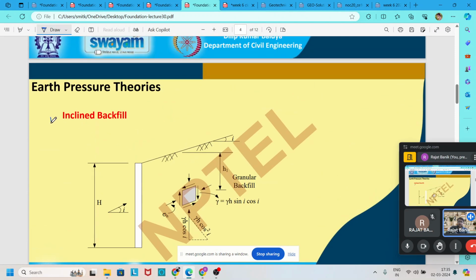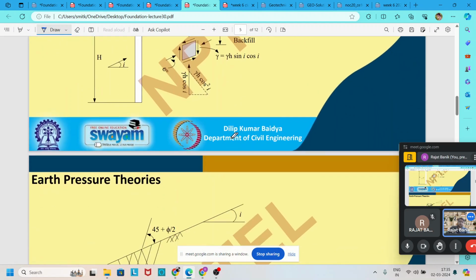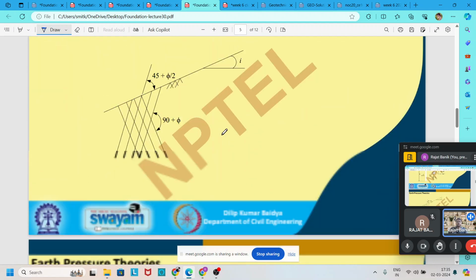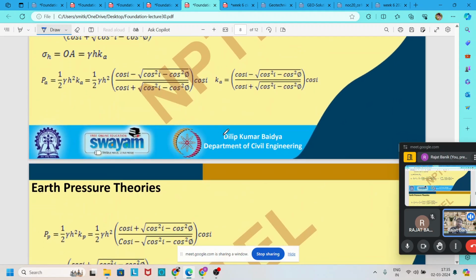Now we discuss the inclined wall case. That means the surface is no longer horizontal, so it is inclined at an angle of i. So our active earth pressure coefficient basis of pressure is modified. So we quickly go to this formula, where the active earth pressure coefficient formula looks like this, where